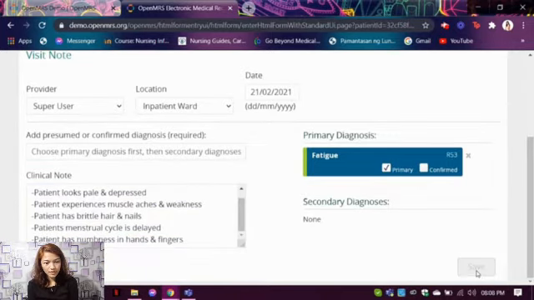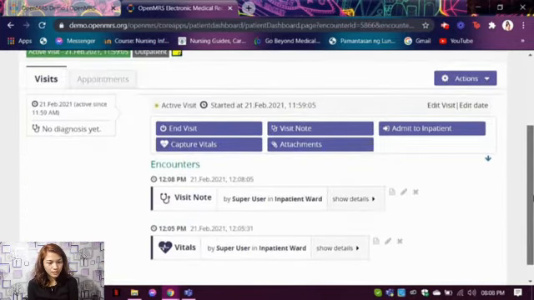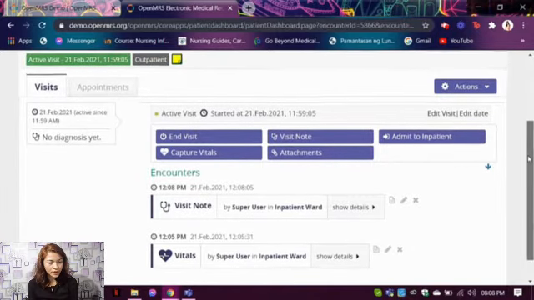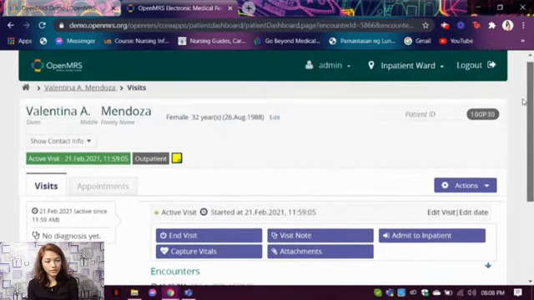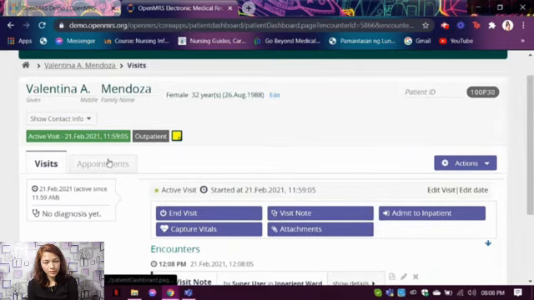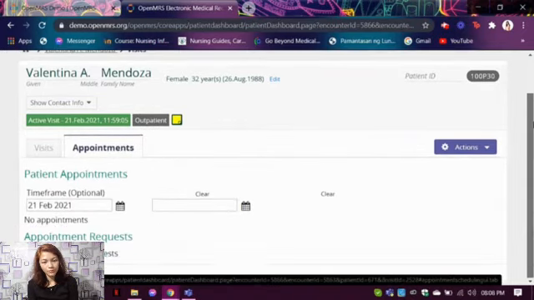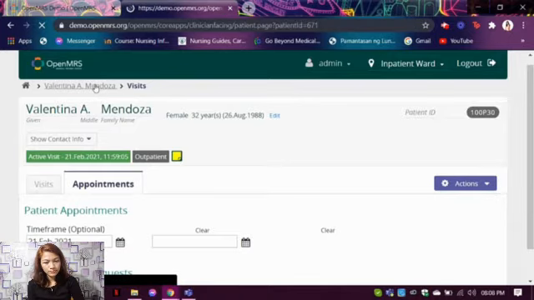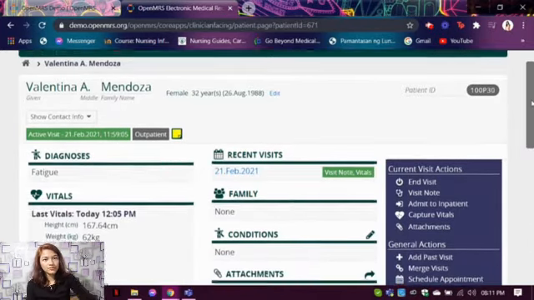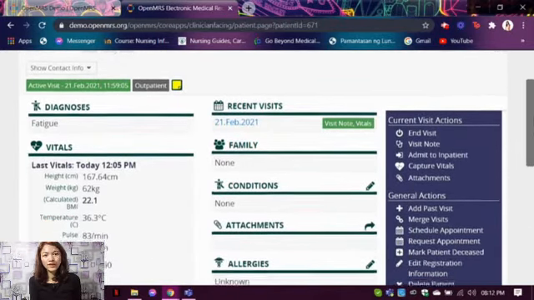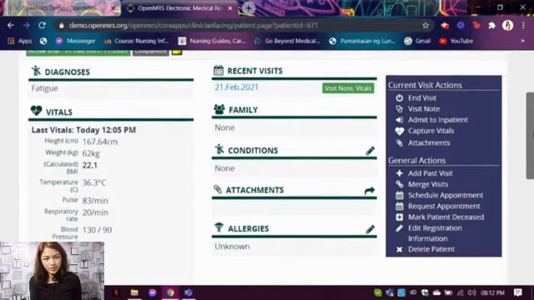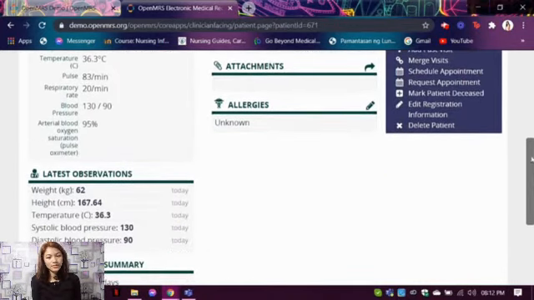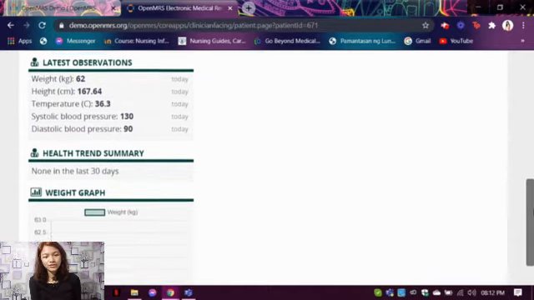There you can also put some attachments and admit. Click admit to patient if there are laboratory results. And then if there are appointments, we can also put them. All the data collected are seen here in the patient's profile, including the diagnosis, the recent visits, vitals, latest observations, weight graph,